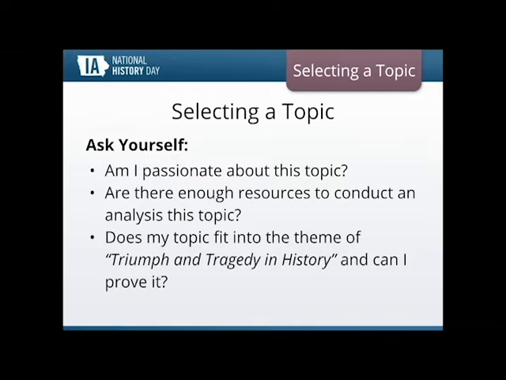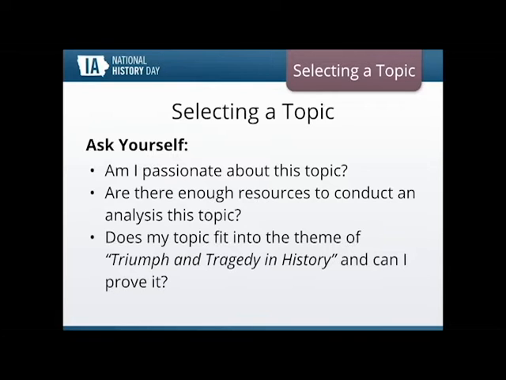Are there enough resources to conduct an analysis on this topic? So I always advise students to start with secondary sources such as the internet or classroom textbooks or even their teachers to get a grasp on the topic, so get some context and some background information before you start digging deep into research,